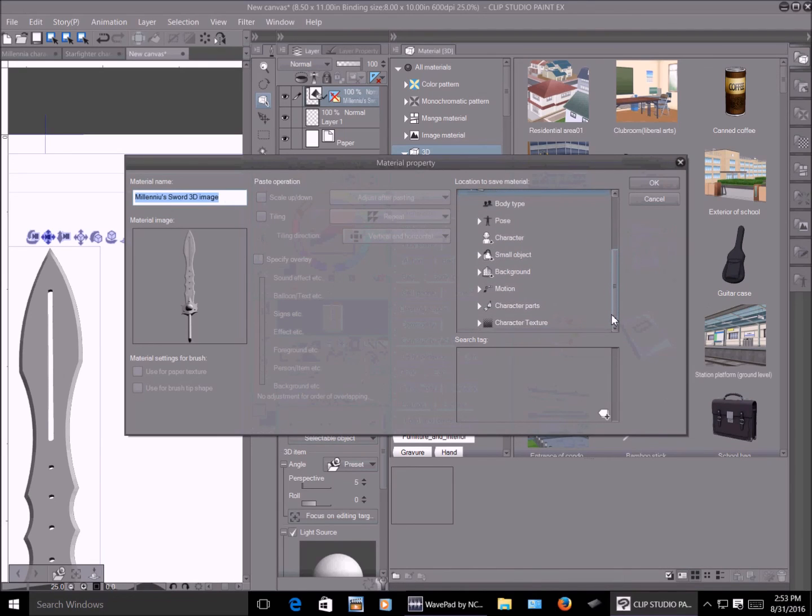Let's put it in object if we wanted to. Let's put it in weapons. We'll highlight weapon. It's the image here. I'll put it as Malenia's sword 3D image. Make sure weapon is highlighted. I'll press OK.